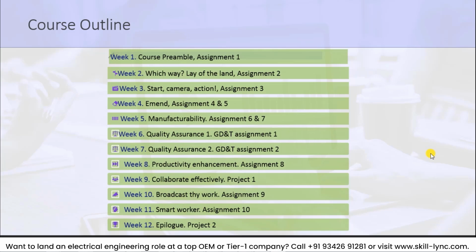And in weeks 6 and 7, we were focusing a lot on the GD&T techniques, the theory behind those things. And also, we had looked into the dimensioning techniques in AutoCAD along with the tolerance specifications. And in week 8, we were looking at the various productivity enhancement techniques. That is, we looked at blocks, geometric constraints, layers, and also the one-key shortcuts. So typically from week 8 onwards, we focused more on the actual usage of the drawing, demonstrating the drawings, how to do it faster, how to do it quicker, how to propagate them.